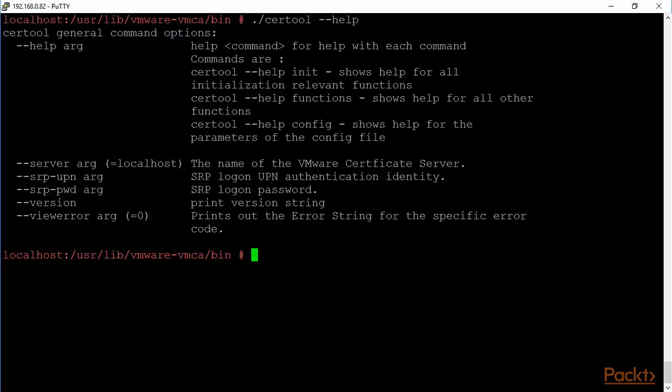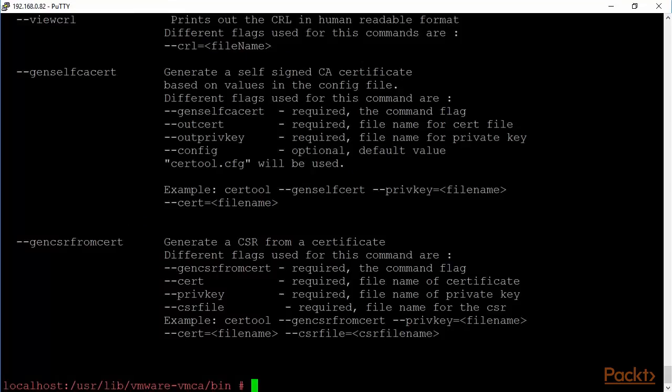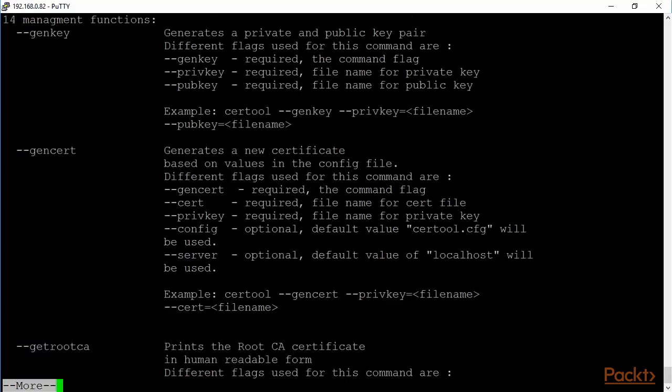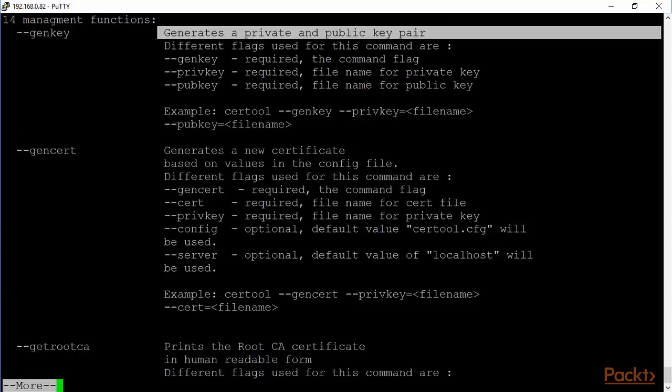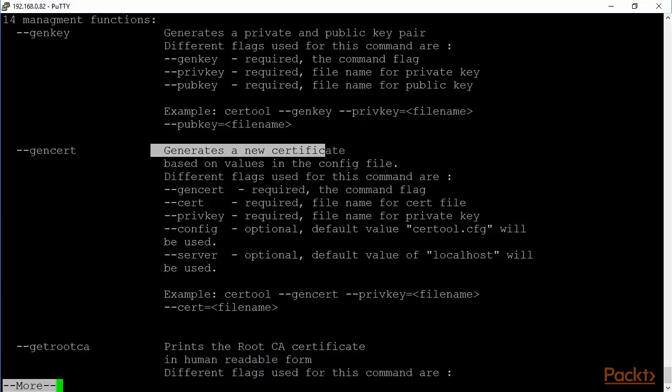Let's do certool help and then functions. So it's a kind of a difficult thing to look at here. So we just do a more. Here we are. So there are 14 management functions that says you can generate a key, you can generate a private and a public key pair, you can generate a new certificate, you can get the root CA,